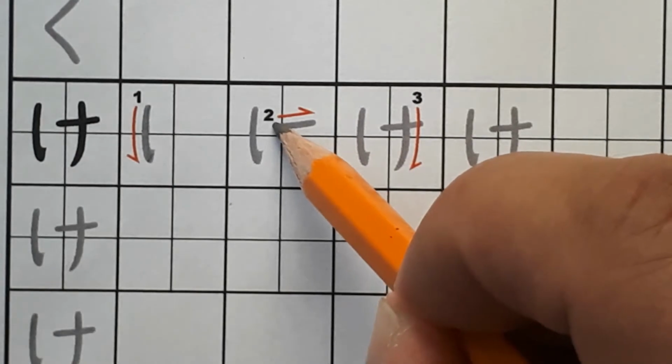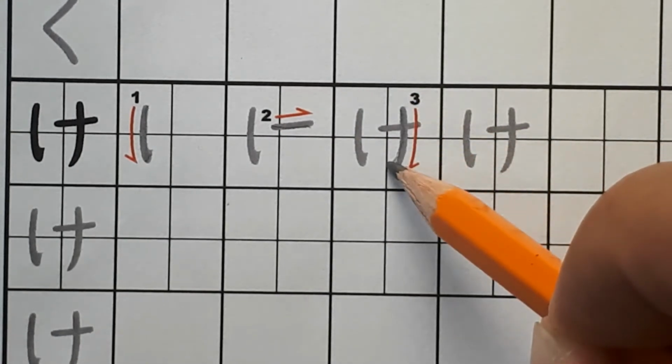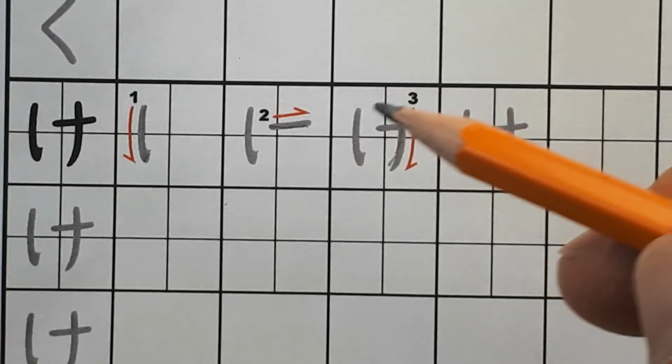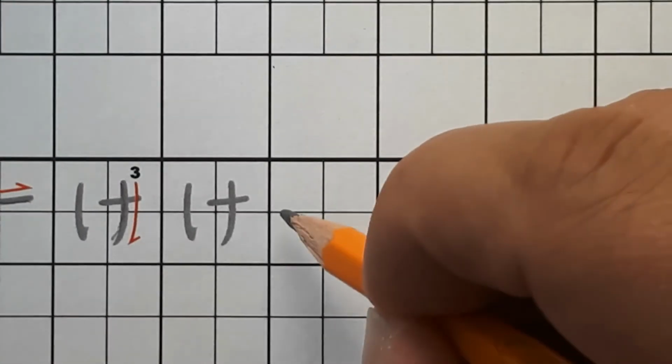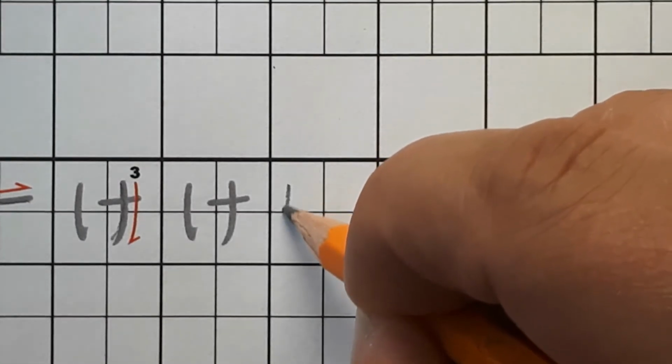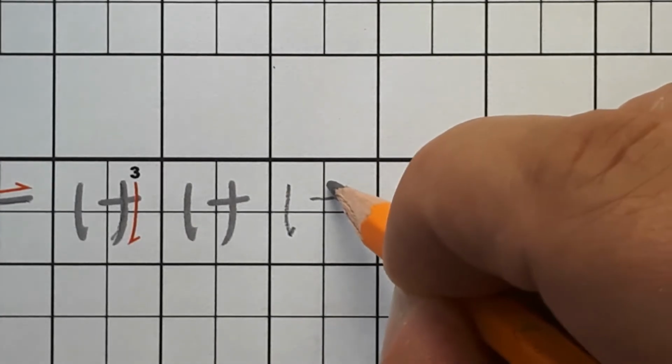And then we do a line like that. And a sword. I always think of this as a sword. I don't know why. So let's see if we can do this. We go down, small hook, like that, and